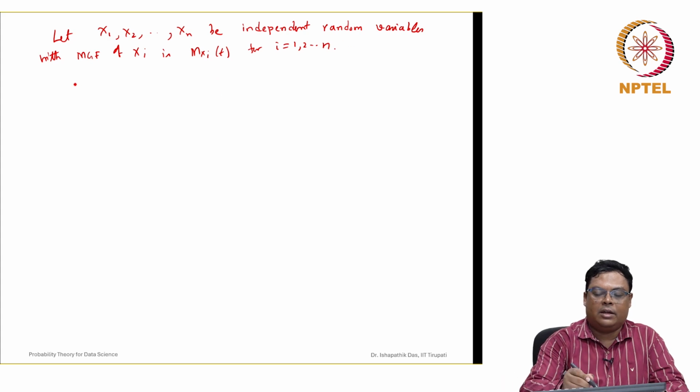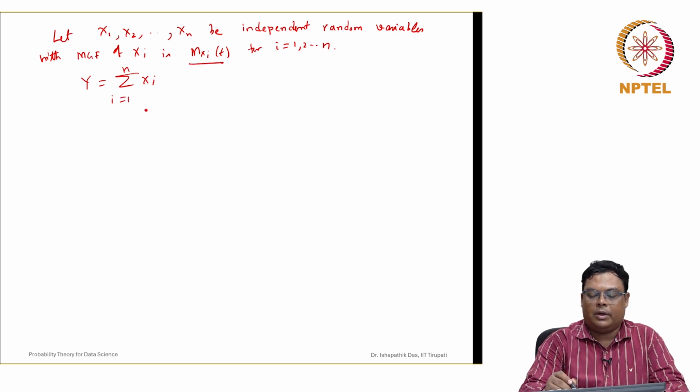Find the moment generating function of Y equal to the summation of xi. We have to find the moment generating function of this sum of n variables. Suppose these are all known. So the moment generating function